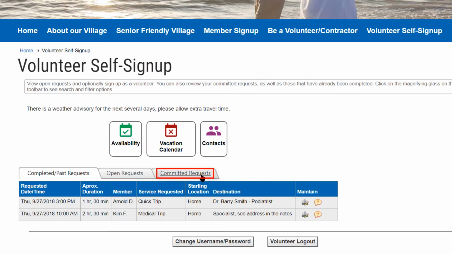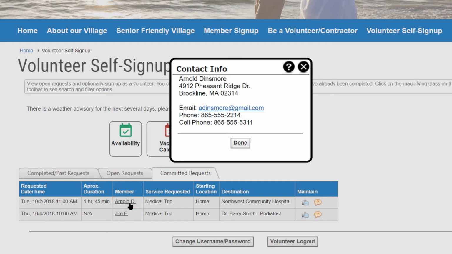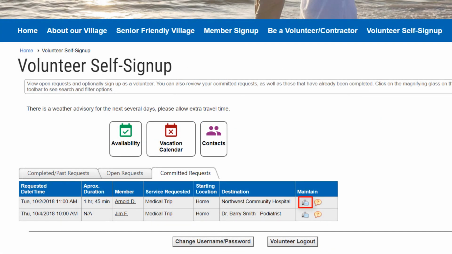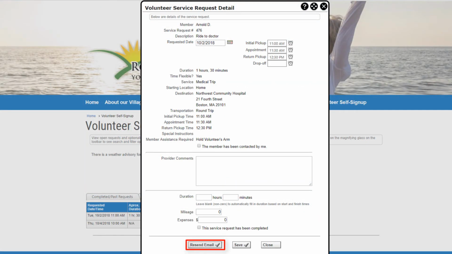The Committed Requests tab shows all of your committed but not yet completed service requests, not just the ones that were self-assigned. This third tab is especially useful to check possible conflicts. Note that the member's name on this screen is a link that pops up the member's contact information. You can click the View icon to view the details of an upcoming request and have the system resend your